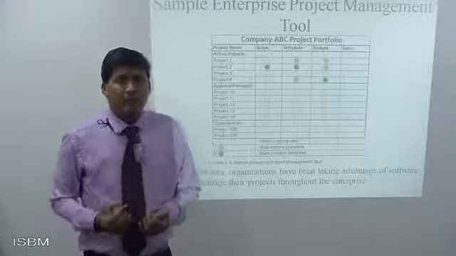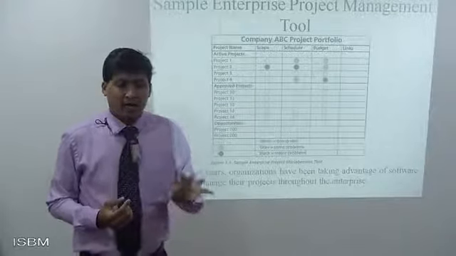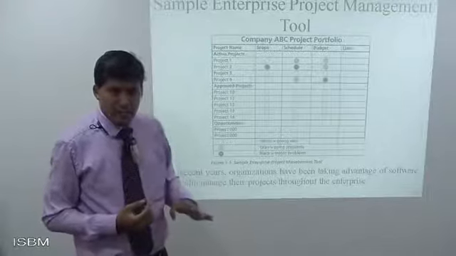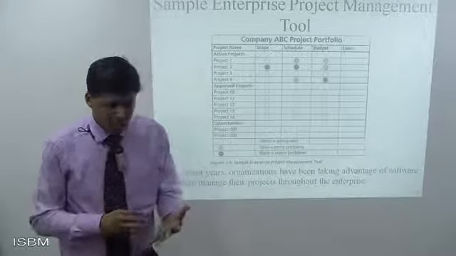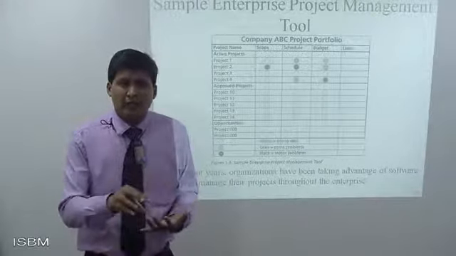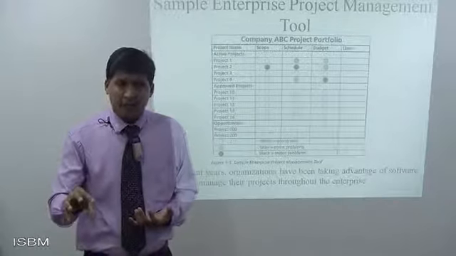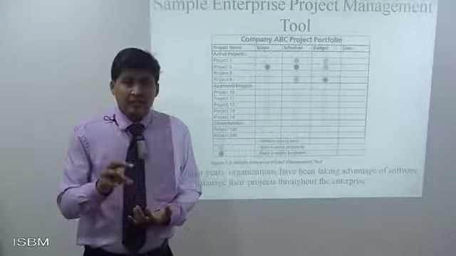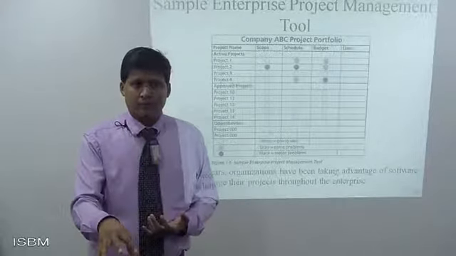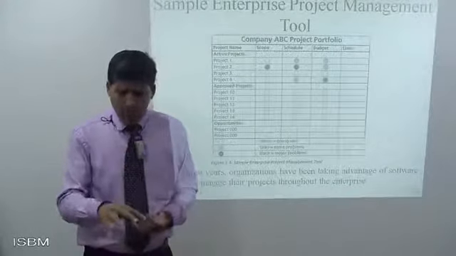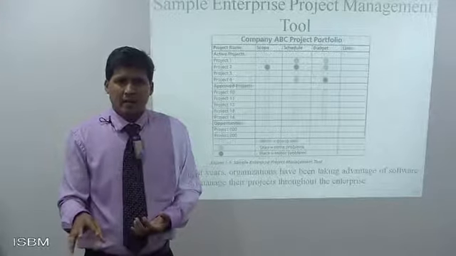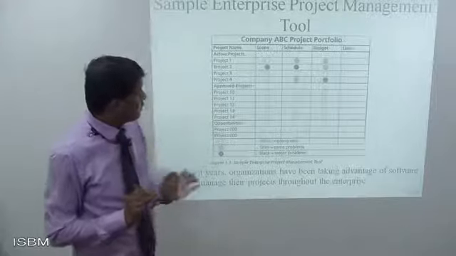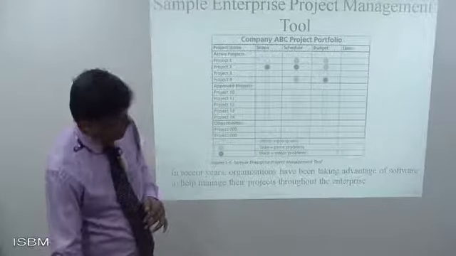it's coded by a color diagram with color signals as well. So if it is, for example, going well, having some problem, or having a major problem. The task is boiled down at a smaller level. Which tasks are on track? Which task needs attention? Which task needs immediate attention? Things could be boiled down to small activities, and we get to know what needs to be focused on. So this is enterprise project management.